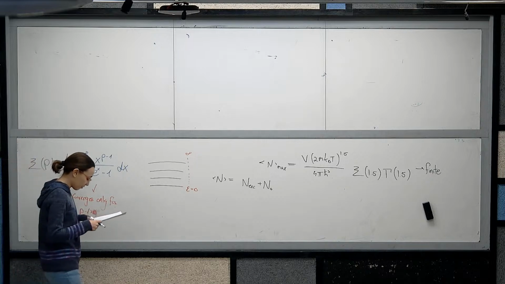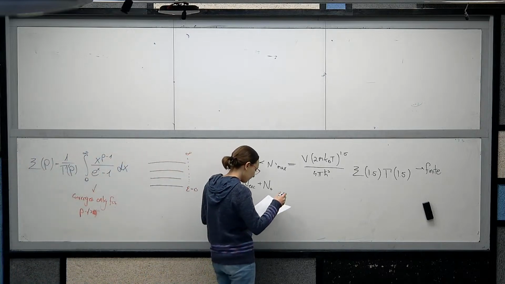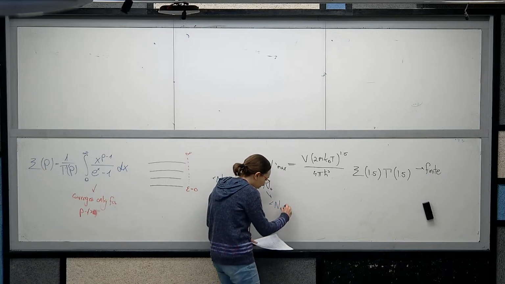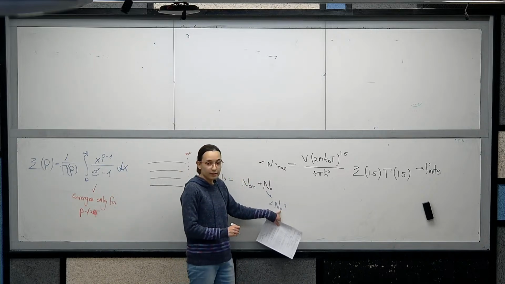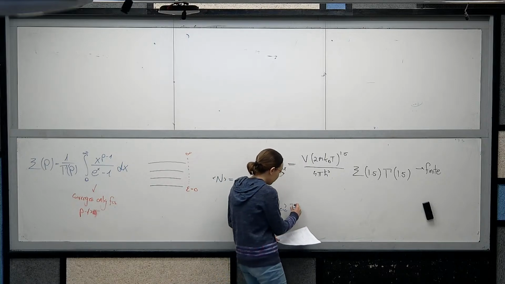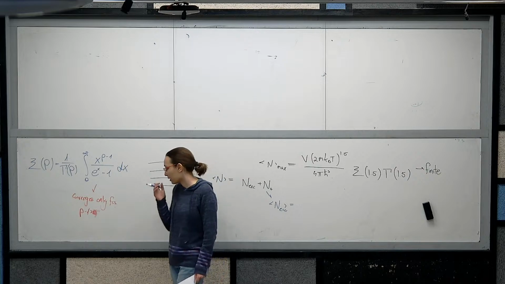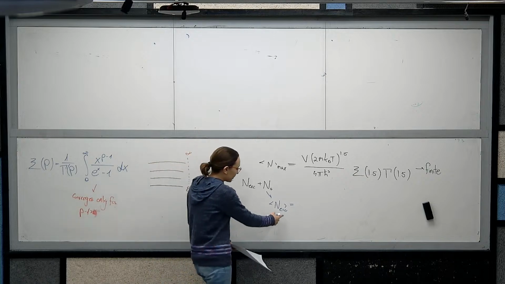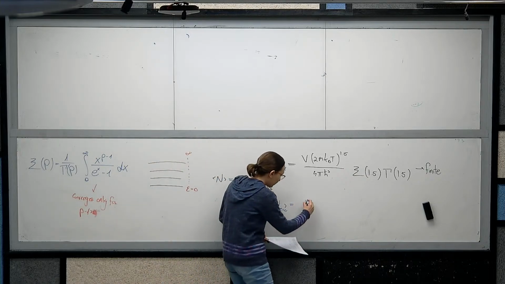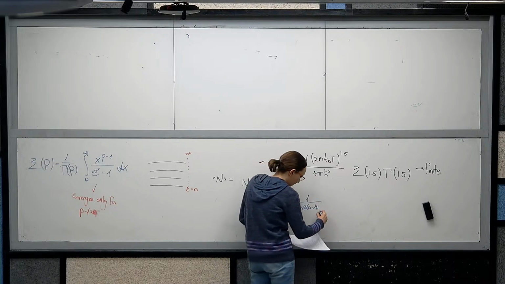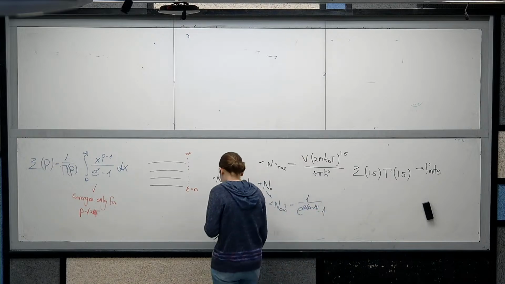And this number of particles will be equal to the average number of particles for the specific level of epsilon equal to 0. So we will take our Bose distribution and just insert epsilon equal to 0, and then we have here 1 over exponent of beta (0 minus mu) minus 1.